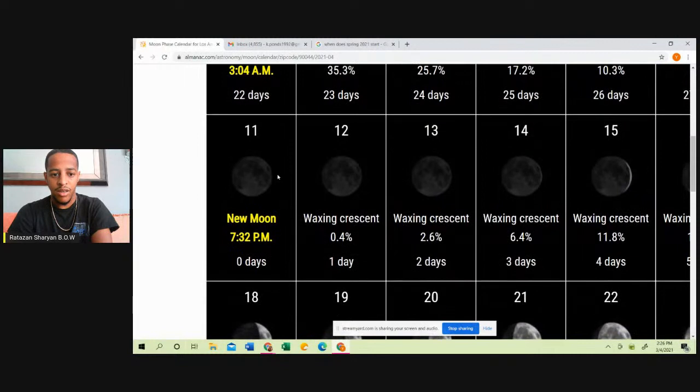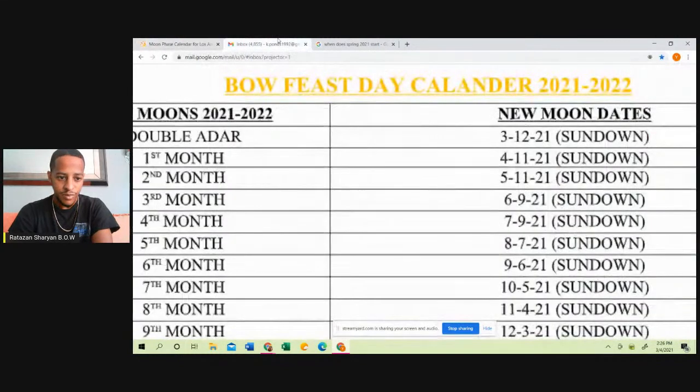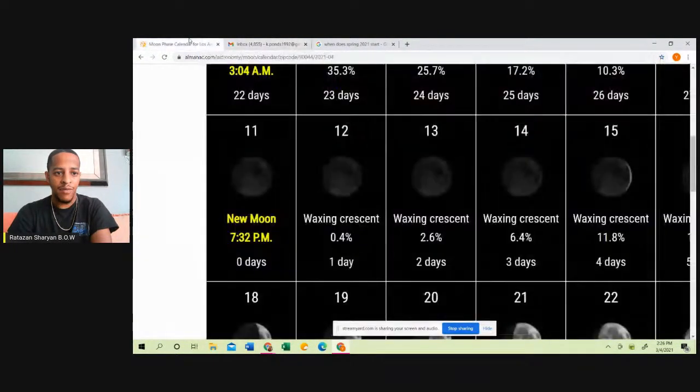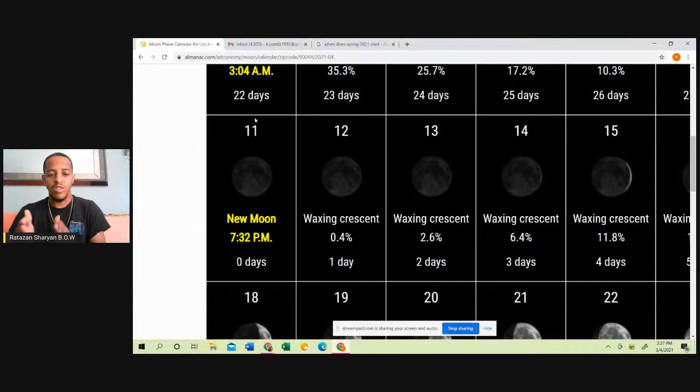Now, after that, what do we have to do? The next feast that we will have to keep is Passover, which we just read those scriptures about, in the month of Abib. When is Passover? Passover is at the 14th at even. The reason why it says the 14th at even is because nighttime is when we begin a new day.